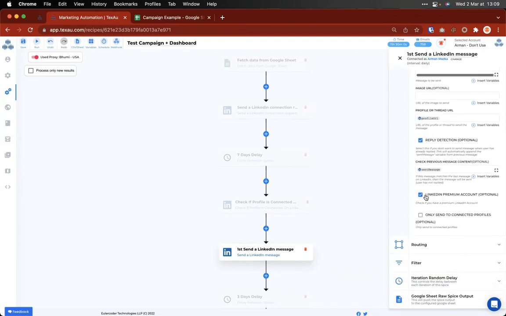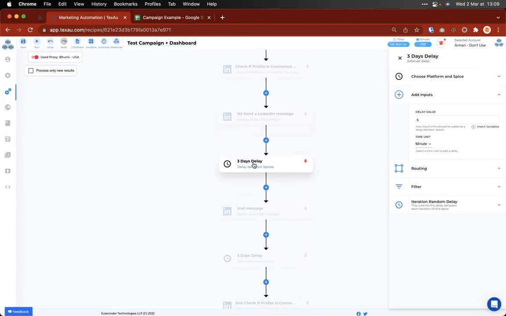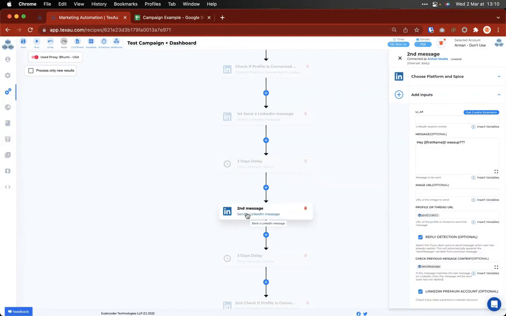Same as before, you have the option here for the LinkedIn message to use LinkedIn Premium account if you have one. You can also narrow down to only second degree, third degree connections and not send to any first degree connection on the list. Then after the first greeting message, we will wait another 3 days. We will not spam them immediately. We will wait 3 days. And then for only those who reply to that message, we will send a second follow-up